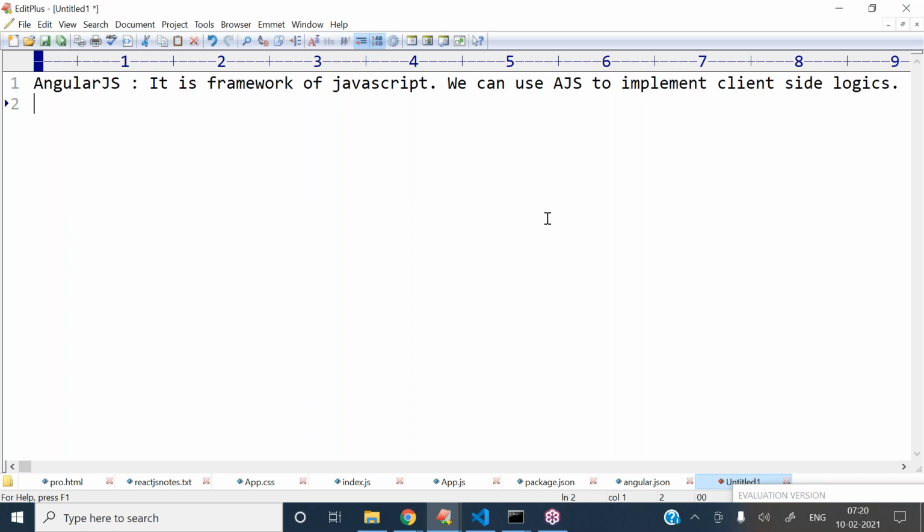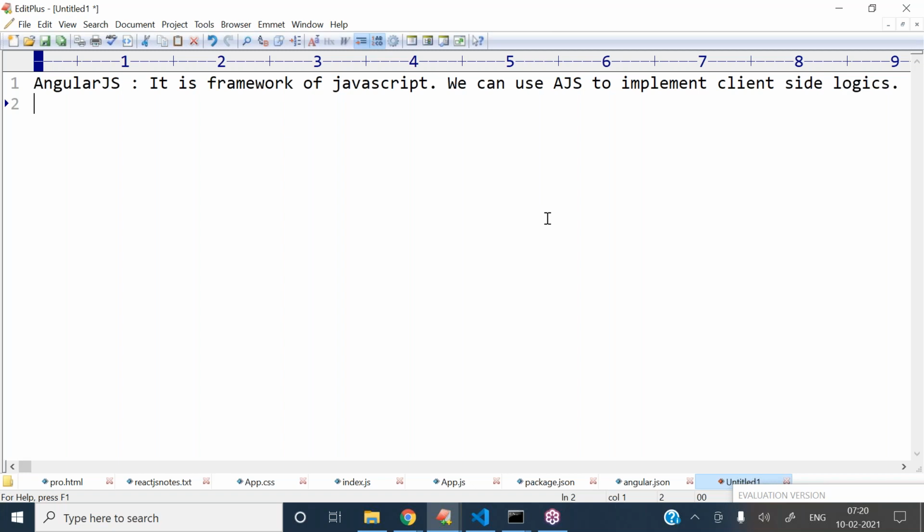Now here, two types of logics are there. First one is client side, second one is server side. To develop web applications, we are using client side programming as well as server side programming.